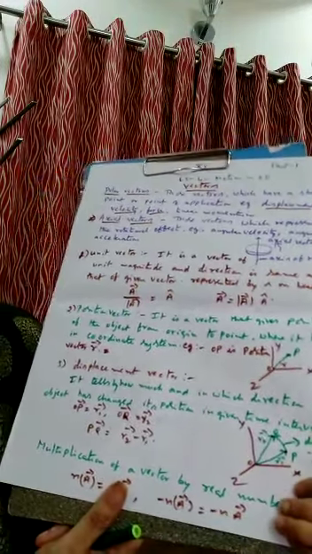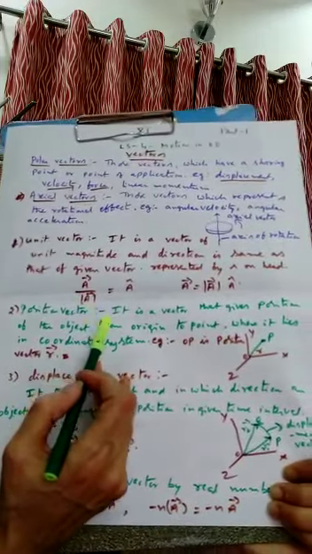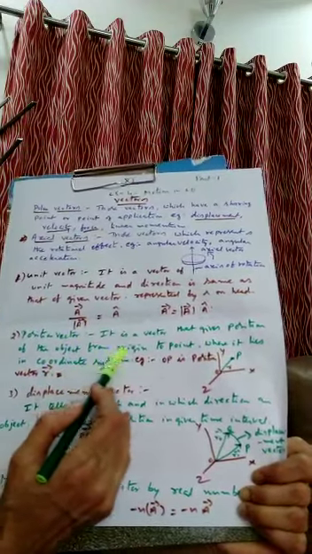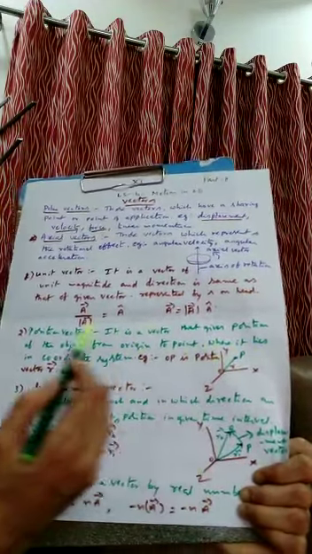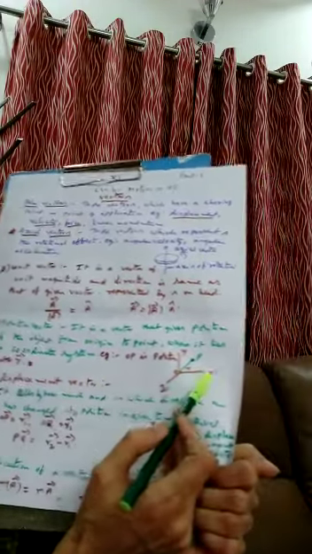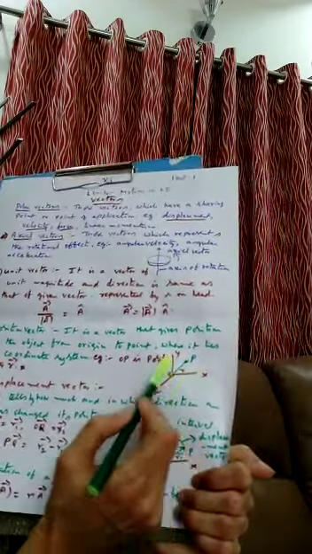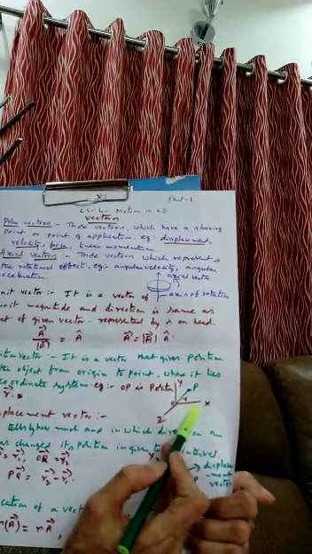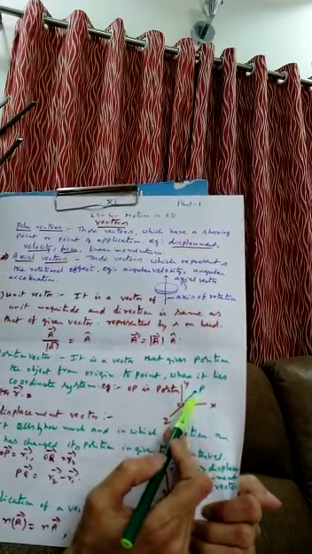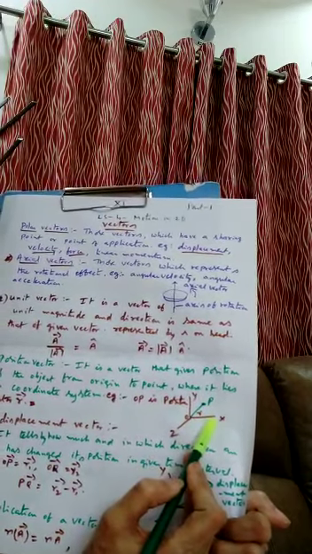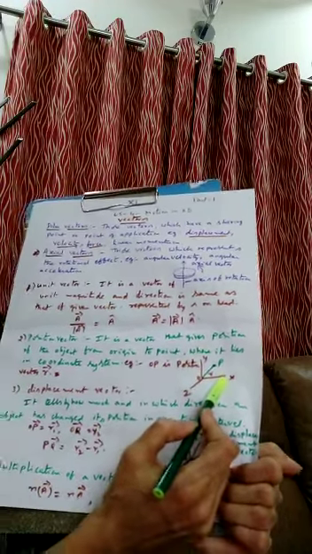And then position vector. What is a position vector? A position vector is a vector that gives the position of the object from the origin to the point where it lies in the coordinate system. Example, see here the XYZ coordinate system. P is the point. So how can you locate the point? Its distances from the x-axis and y-axis, its coordinates, are there. So we represent this vector OP as the position vector, which represents the position in the coordinate system. OP is a position vector.